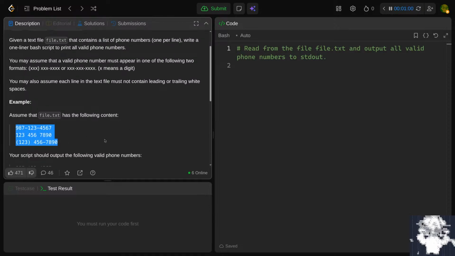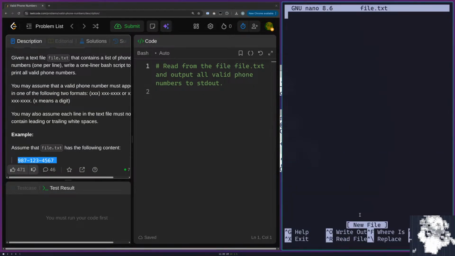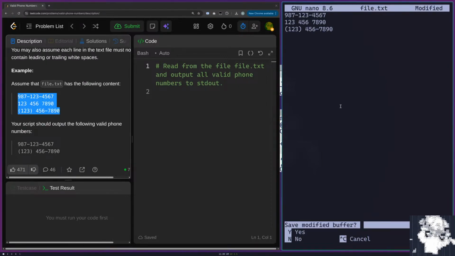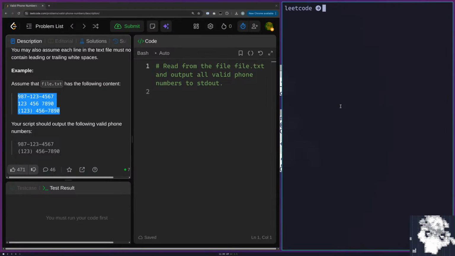So let's nano file.txt. We'll give it this input. Save that. Here we'll clear our last problem. We just want to use sed. So sed file.txt. Or I think the file comes last. The substitution we have is //g, and then on the left side you say